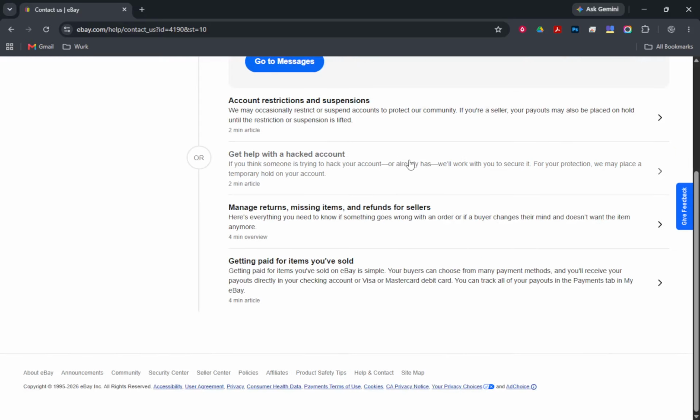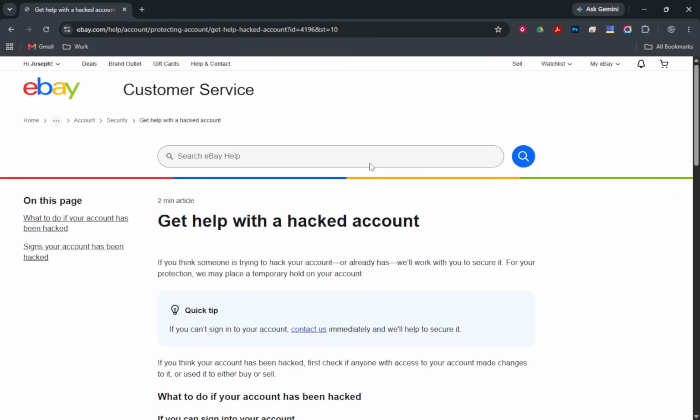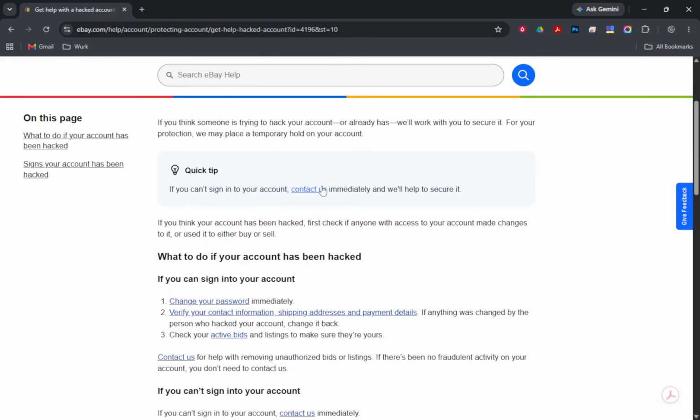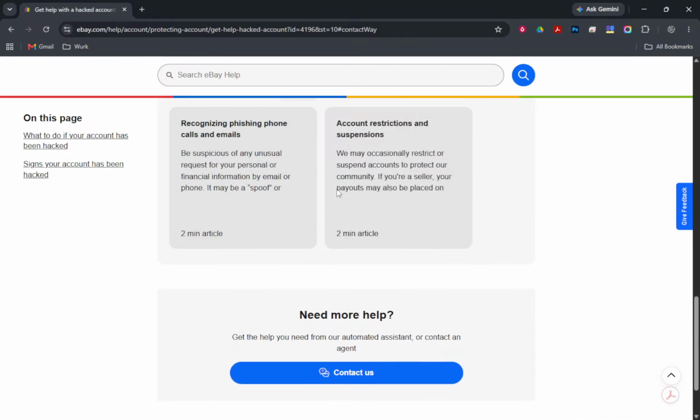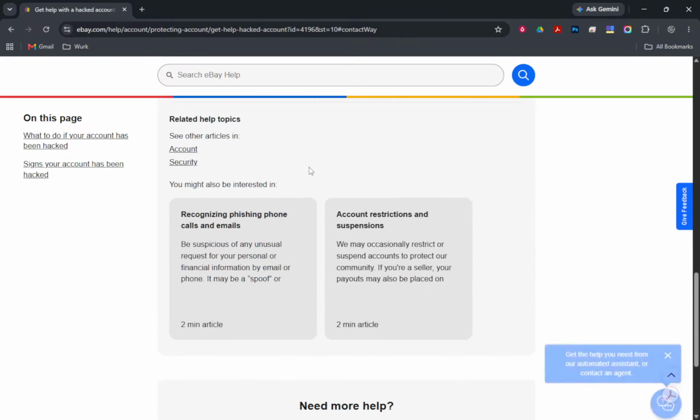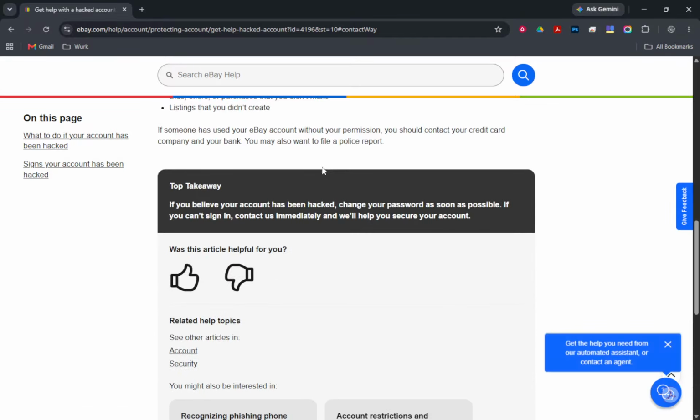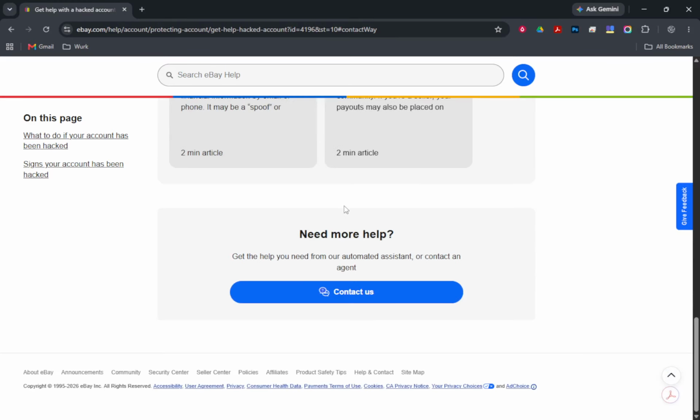After that, follow the prompts to see the available contact options and connect with the appropriate support agent. As you follow these prompts, keep an eye on the screen for any additional instructions or information. This process is designed to streamline your experience and guide you to the right support channel. You might see options such as live chat, call support, or email assistance. Each option is tailored to suit different needs, ensuring you can choose the method that feels most convenient for you.